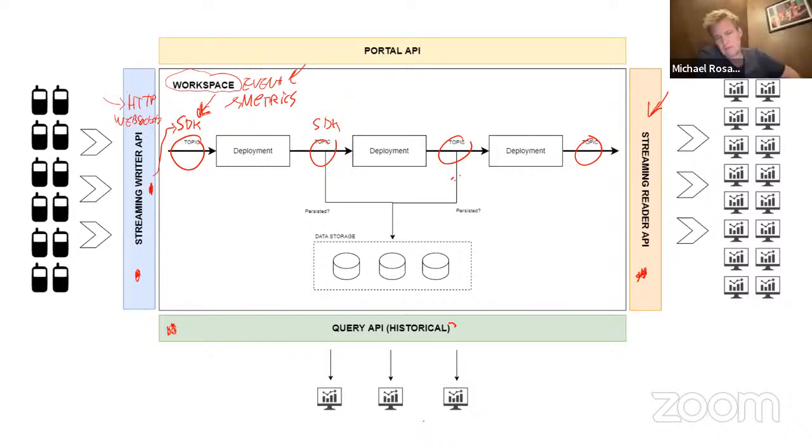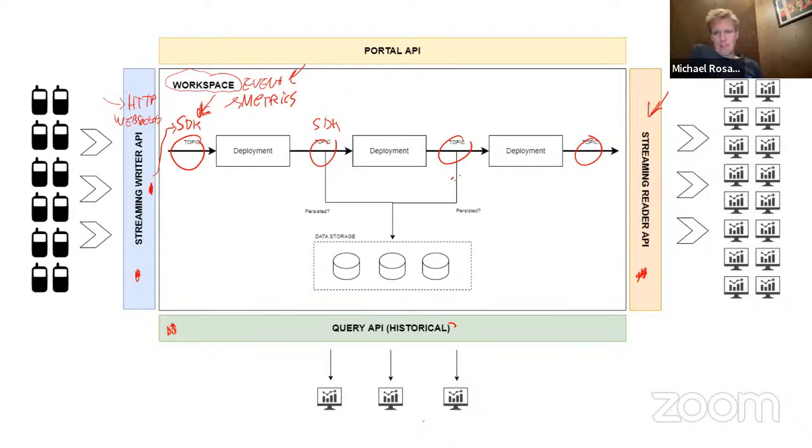So when you need to see this data on your screen in real time, for instance in a real-time dashboard, or you have some system that should automate an alert or something to happen and react very fast, you want to use this streaming reader API. So you want to react fast, and you send this information outside the workspace. That is when you use it. I mean, Formula One race engineers sit there looking at live data all day long.